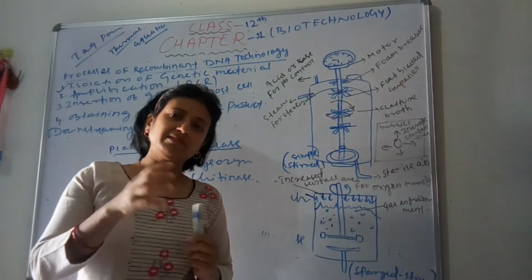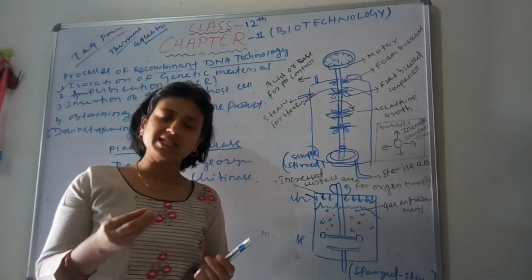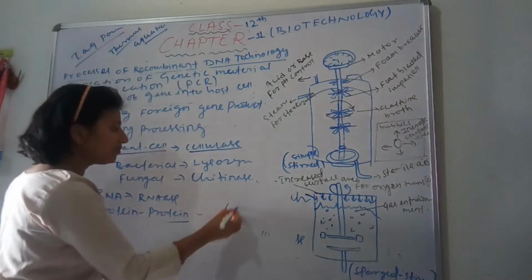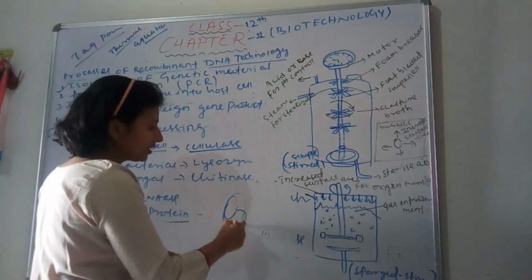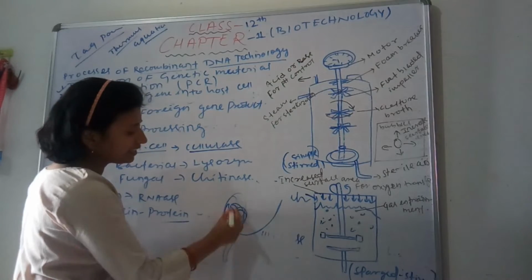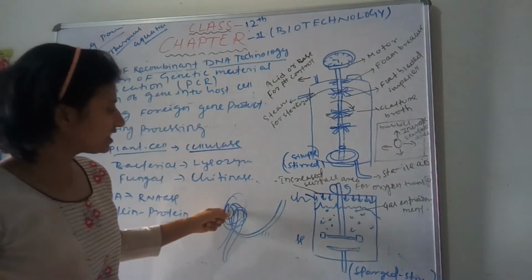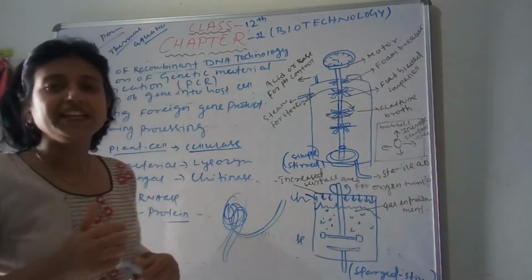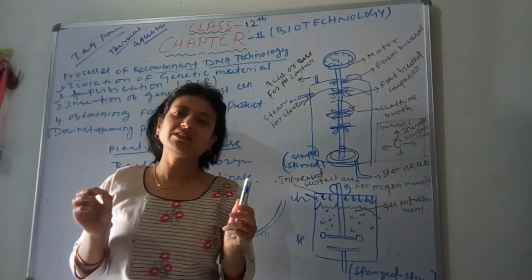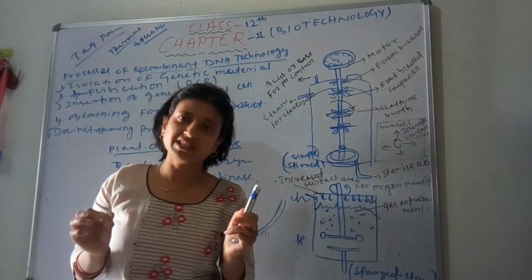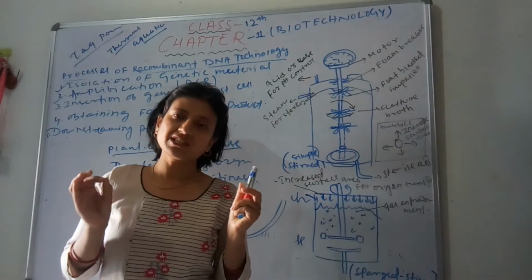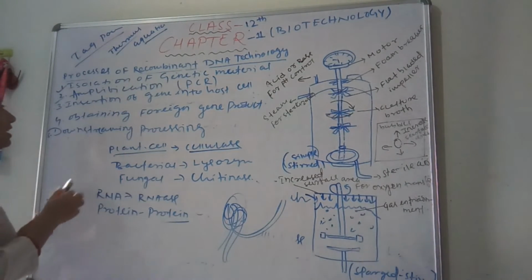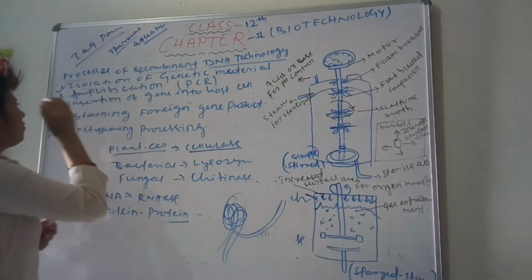When the DNA that we extracted from the plant cell or animal cell or bacterial cell is added in chilled ethanol, we can see the threads of many DNA fragments. If we pull it, then we can see many threads of DNA. You can see like this. After this, we need to cut the DNA into many fragments that contain the gene of interest or desirable genes. Then we have to separate these segments of DNA. That's why we need to make its fragments.